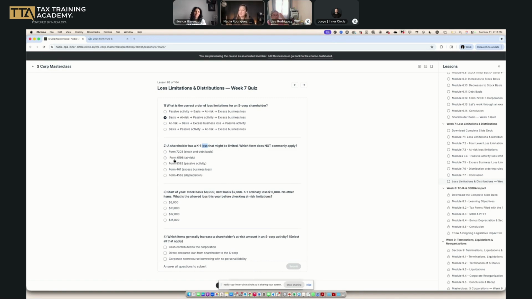The 6198 is the second test, which is at risk. The 8582 is the passive activity loss. Also, that's the third test, but only required if it's a passive activity. If the shareholder is not active in the S Corp, they're more like a silent shareholder that came in and just invested money and it's not doing anything, then for that type of shareholder we have to do the 8582. The 461, which is the excess business loss, a new limitation that came to us starting 2018,